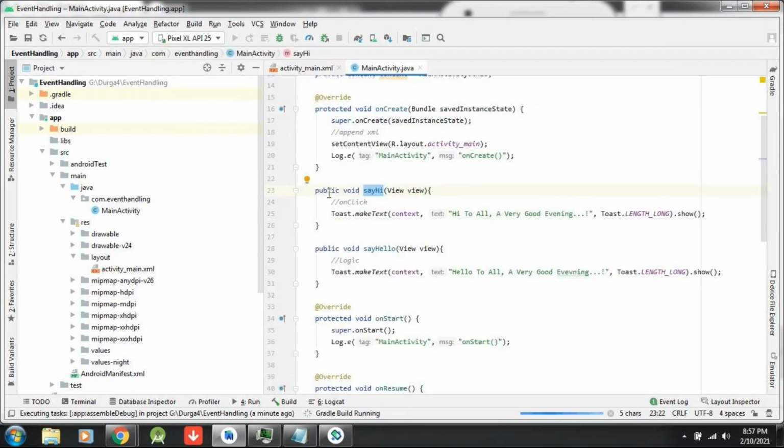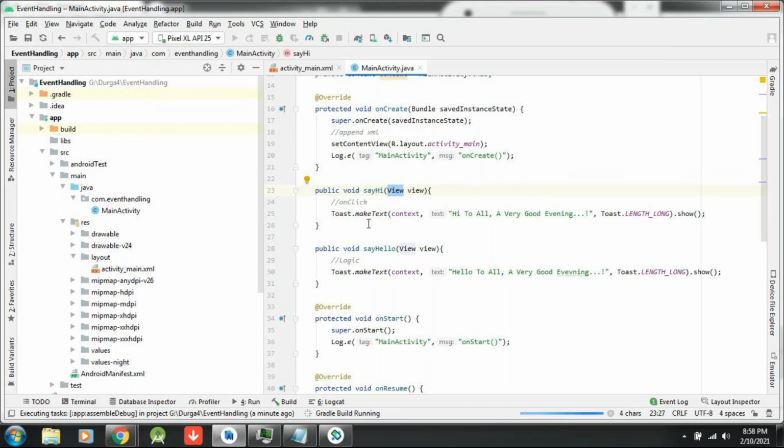That method must be a public method. It must have the public access specifier. So void or int, anything you can write, no problem. And inside this method, you must provide the view parameter, which is mandatory. If you don't follow this, you will get a null pointer exception. So here I didn't declare any button or something. From tomorrow you will see different things.